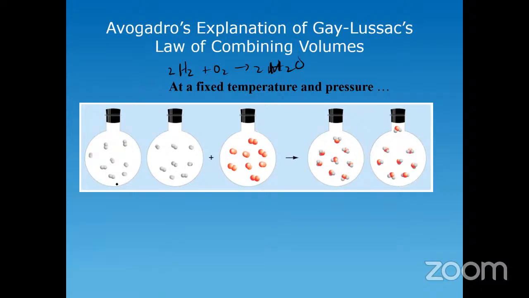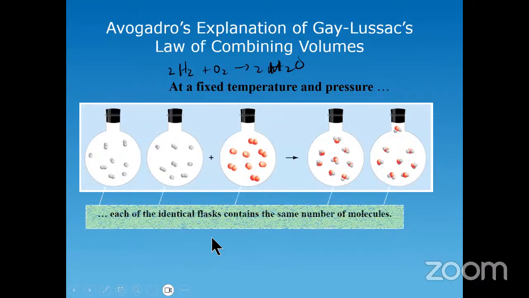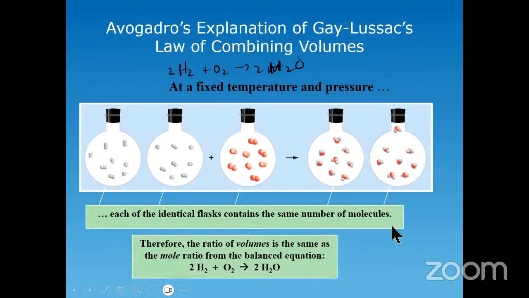So basically, assuming that all these flasks occupy the same volume, we have 2 volume units of hydrogen reacting with 1 volume unit of oxygen, and the result will be 2 volume units of water, assuming that, of course, all the substances involved in this reaction are gases, all right? The volumes are the same, and the temperature and pressure are the same for each of these